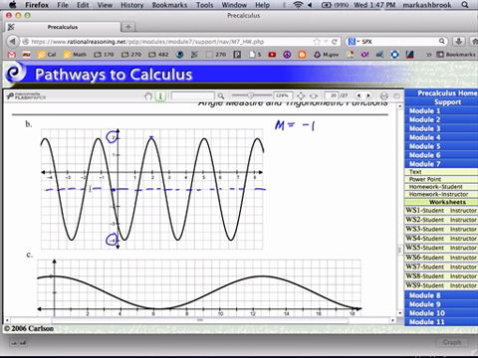Next, amplitude. Distance from the maximum to where? To the midline, which is 3. Okay, we're rolling. We're doing good. All right, next,